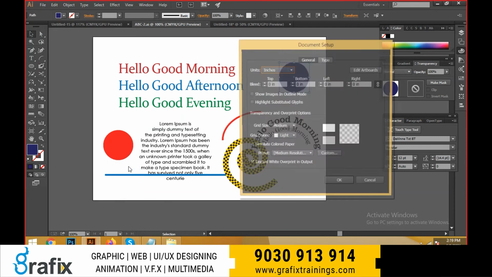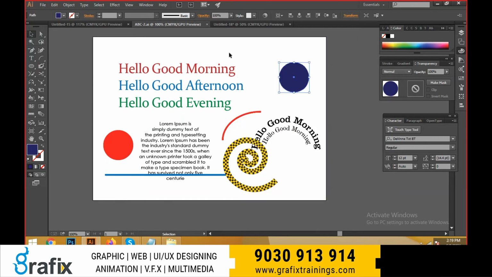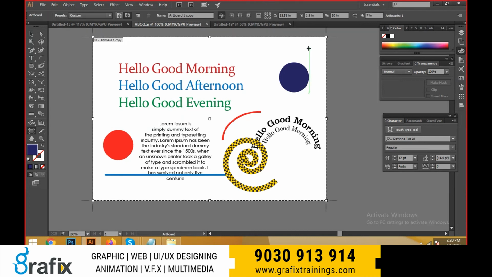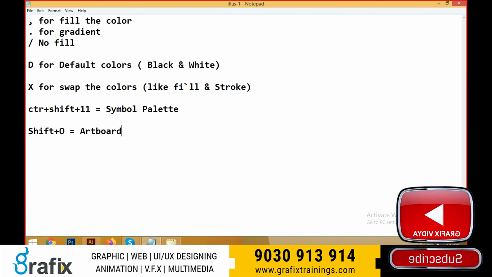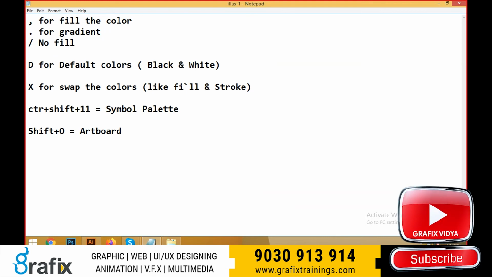Okay, and document setup. Suppose you already have this document and want to edit it. What is the shortcut to edit this document? We have one shortcut that is called Shift-O for artboard selection. Please note it down, guys. Please practice. Shift-O, artboard.